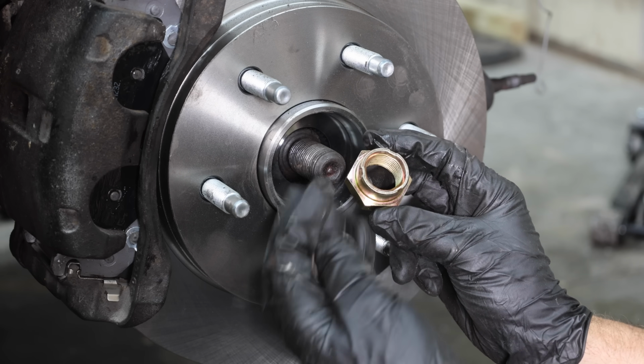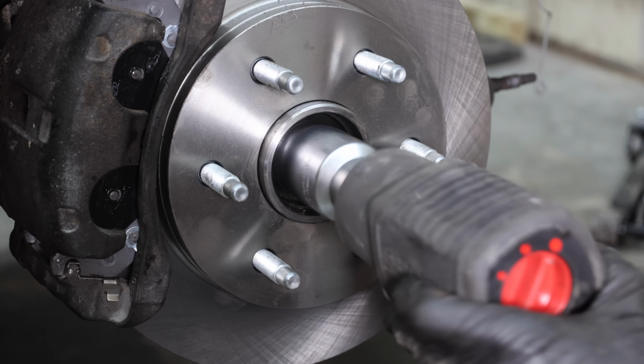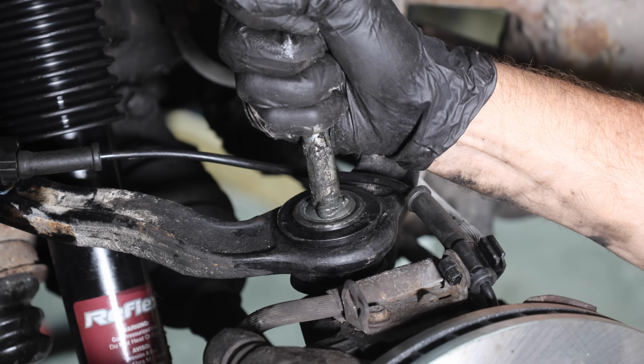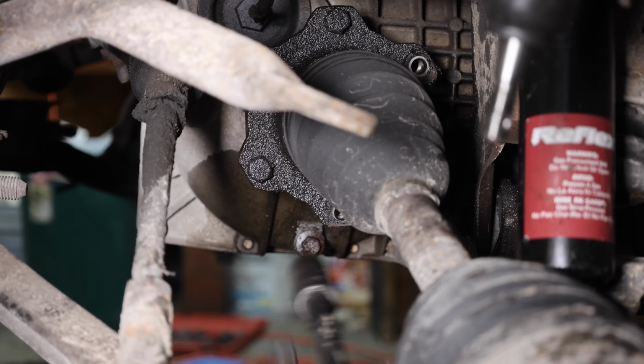I'll go ahead and use a new spindle nut just to be safe. I'll snug up the spindle nut for now, and I can torque it to spec once the front wheels are back on the ground. I'll go ahead and add some grease to both of the new ball joints while they're very easy to access. We're on the driver's side of the vehicle and I've already removed the ball joints, caliper,